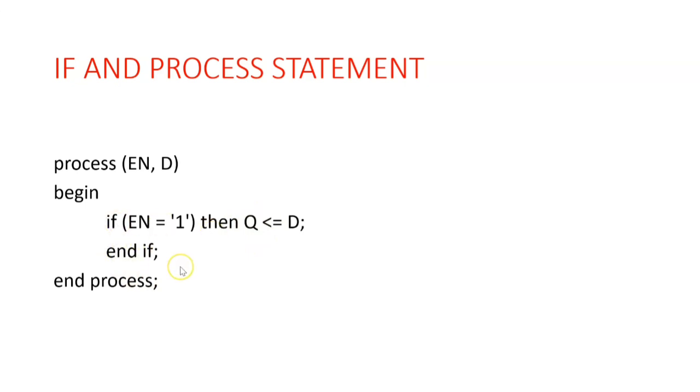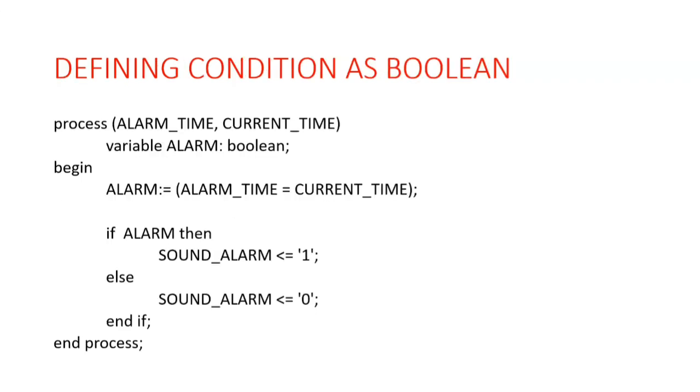So when you're writing an if statement, make sure that you put an end if inside that process itself. Only after that you have to put the end process. Okay. Don't put the end if after this end process, it will throw an error, or it will not work properly. So anyway, if you are using an if statement, you have to put an end if also. Okay. So this is how you write an if statement inside a process.